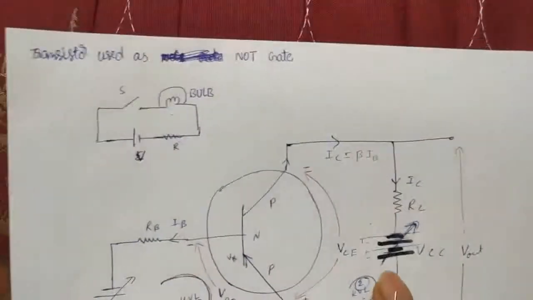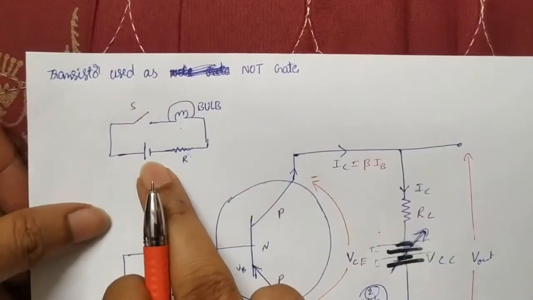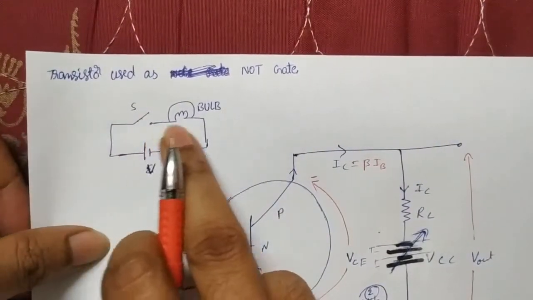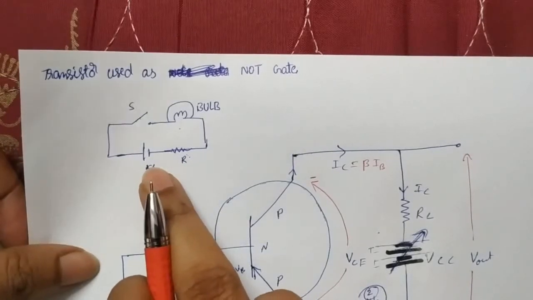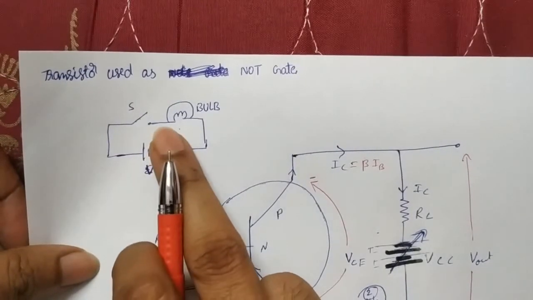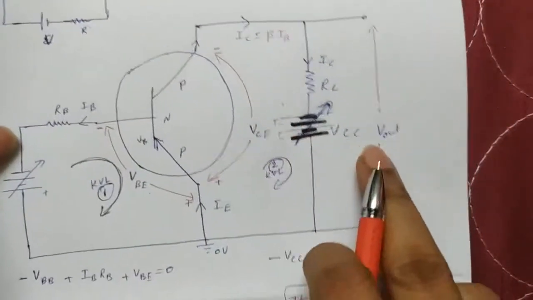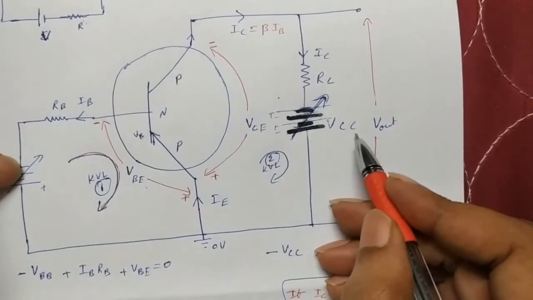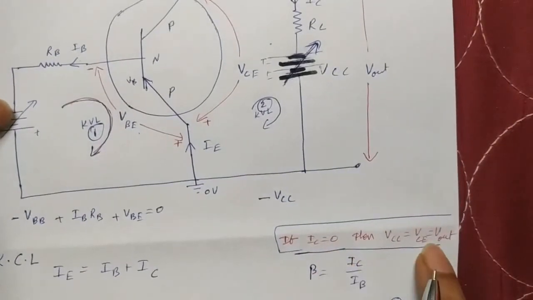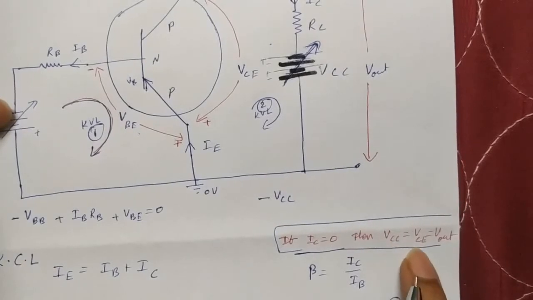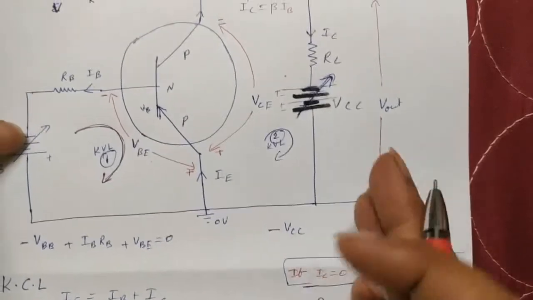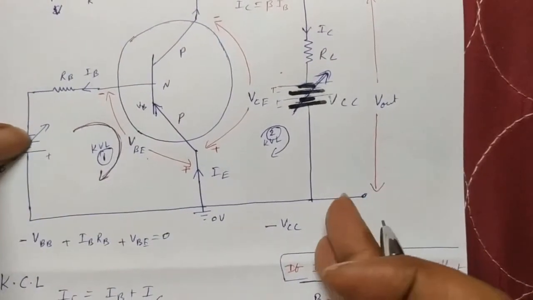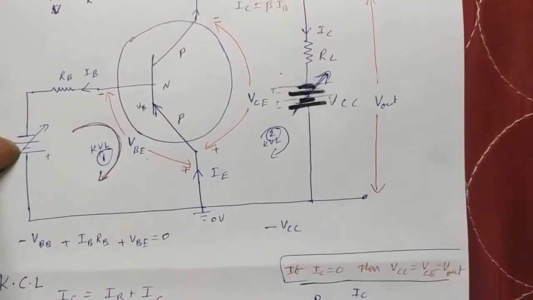Because you know that if you apply a potential and the potential decreases, only then can we say current is flowing. If the potential remains the same maximum value, then current is not flowing. Here also in the output, whatever the applied potential VCC is, that comes outside. Same, VCC is equal to VCE and V out. So the applied potential completely comes outside. That means the total potential is there, meaning the circuit is not closed, so it won't allow any current through it.